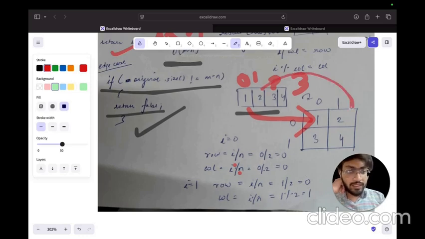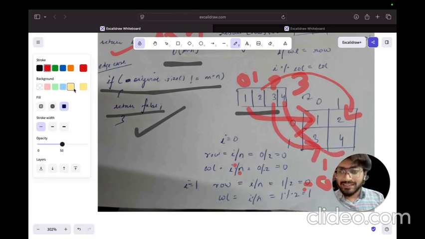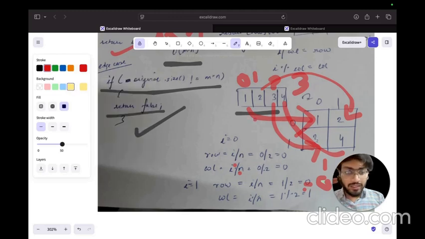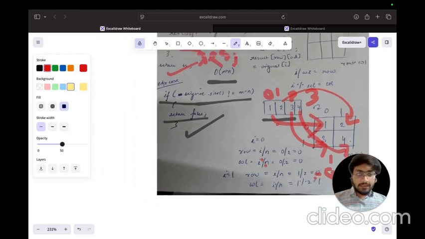ये element जो है यहाँ पर आएगा। And same आप 3 के लिए करेंगे तो that will be 2, तो 2/2 will be 1, मतलब row का value आपका जो है ये 1 आ जाएगा, और column का value 2 modulo 2 which will be 0। So likewise आपका जो third element है वो आपका यहाँ पे चला जाएगा। And same आपका जो fourth element है, मैं दूसरे color से depict कर देता हूँ, तो 4 यहाँ पे आ जाएगा आपका।